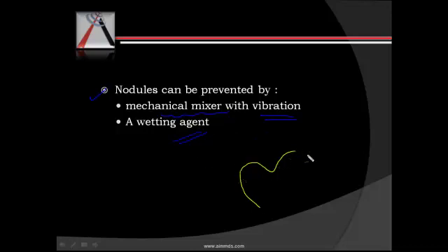If we put the wetting agent on the wax pattern, this wetting agent will help the investment that we pour on the top contact the wax pattern thoroughly, so it will not leave room for the air in there. But we have to be careful that the thickness of the wetting agent doesn't cause a defective surface itself. So this wetting agent has to be applied in a very thin layer.